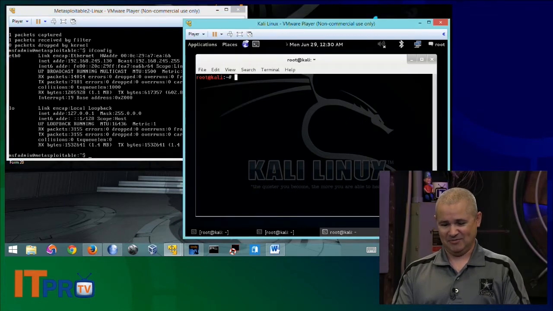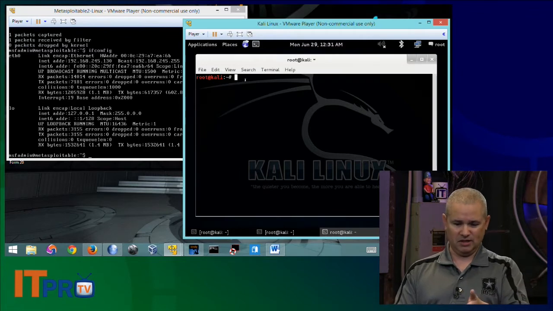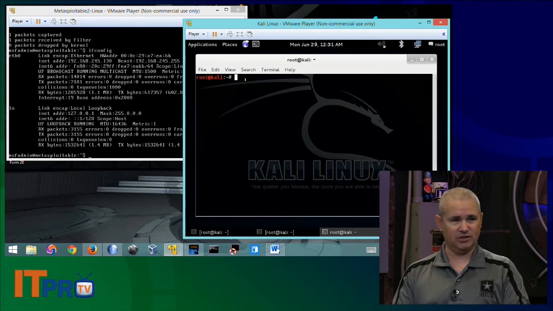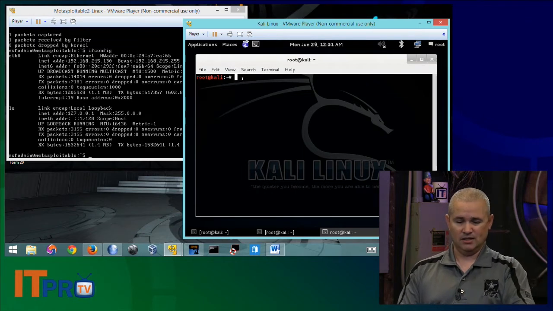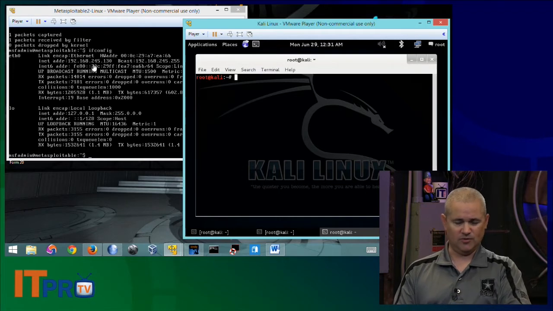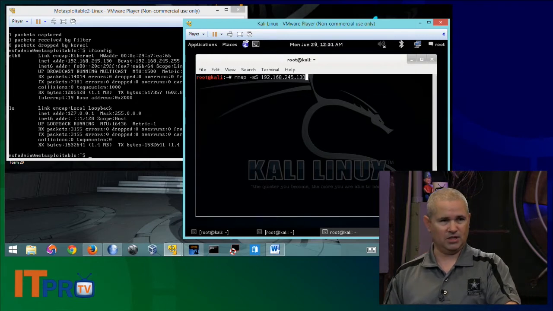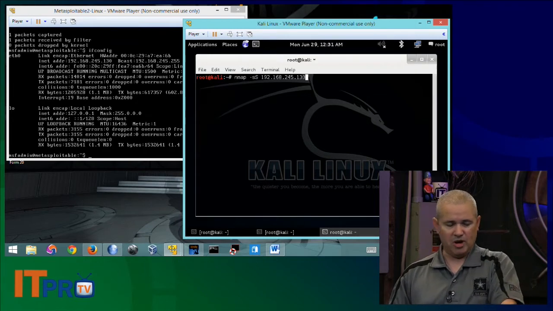So what I'm going to do is, I can see the IP address sitting there. You can see under S0 that I have an IP address. If you can't read that, it's sitting right over here. It's 192.168.245.130. So what I can do over here is I've already typed in the nmap command, and hopefully you recognize